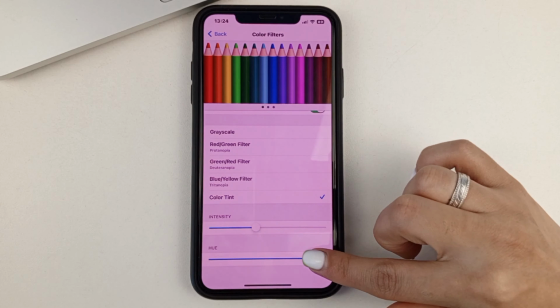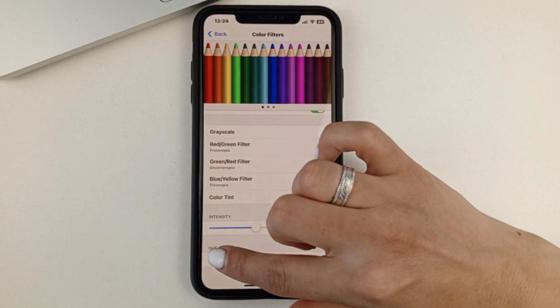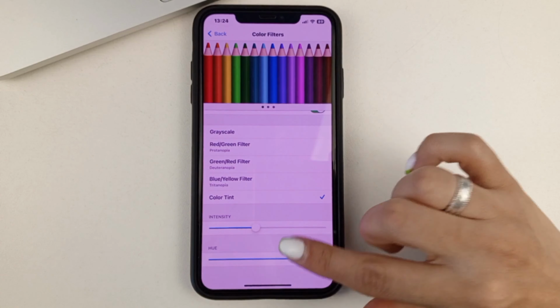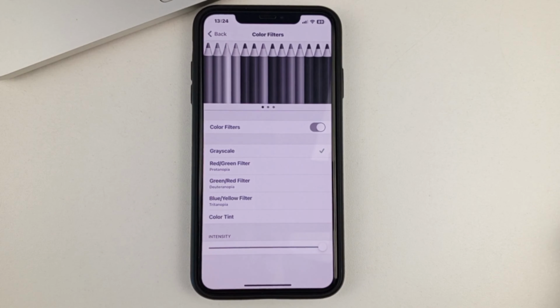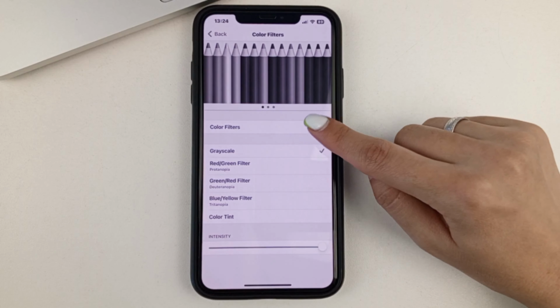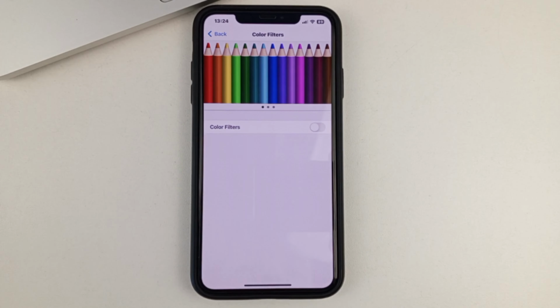As you can see, the screen changes color: pink, purple, blue, yellow, and so on. And it can also be black and white as well, like I said. If you have any of these problems, the only thing you need to do is disable this feature. And as you can see, immediately the color will normalize and stabilize on your phone.